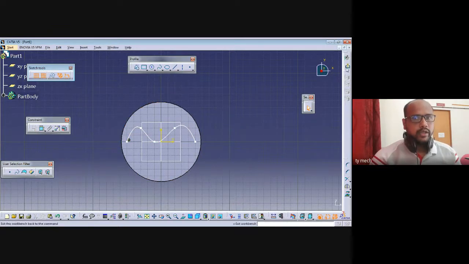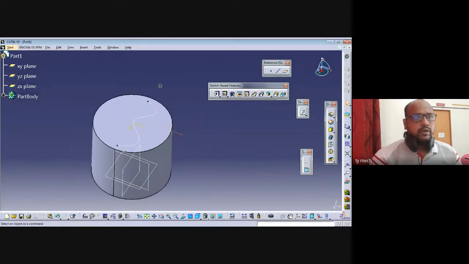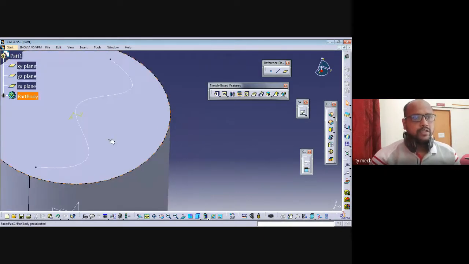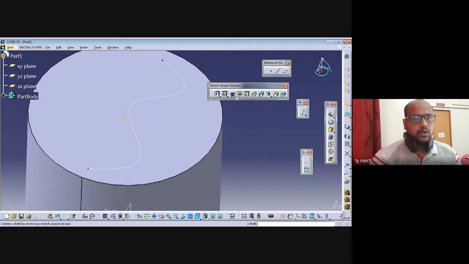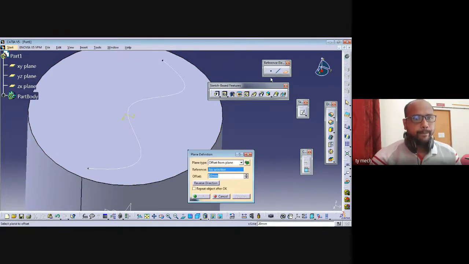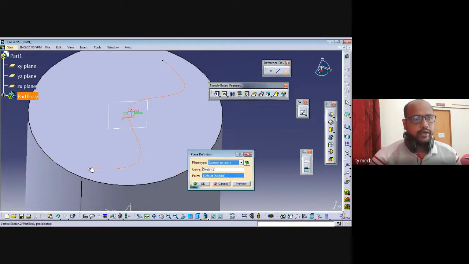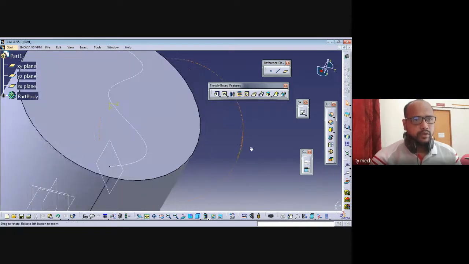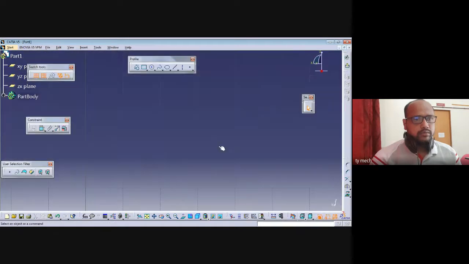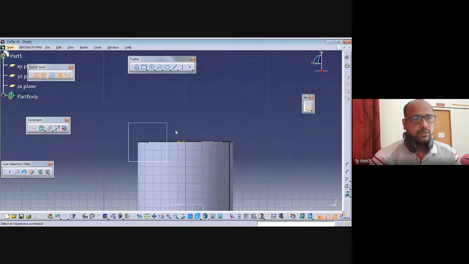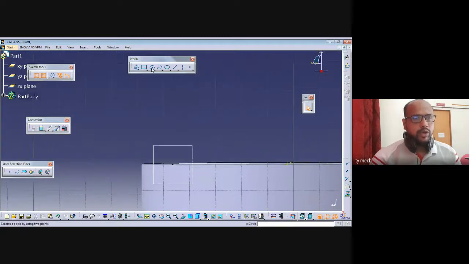So spline is drawn. Exit workbench. Now I have to create one plane at this point. So select a plane. Plane type, you have to select normal to curve. So select this curve and select this point. So here there will be one plane. Click on OK. So select this plane, go to sketcher. Sketch we have to create, sorry. And I will draw one shape here. Suppose I will draw, now I will draw